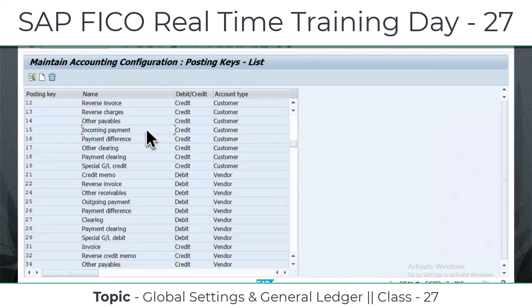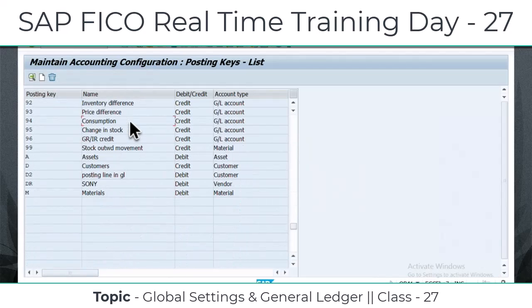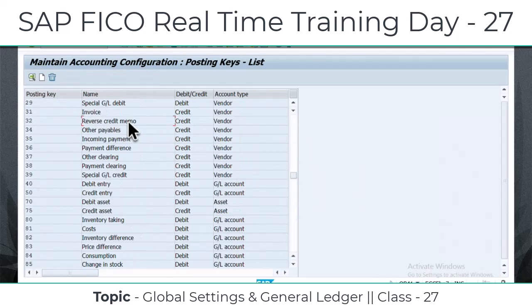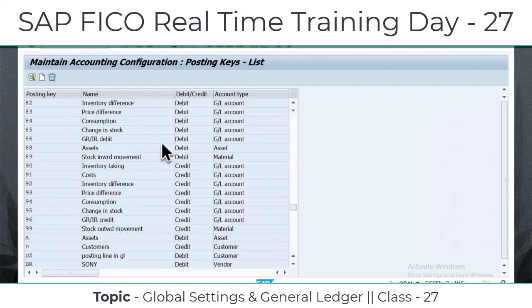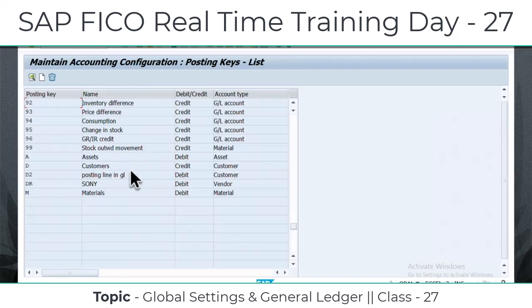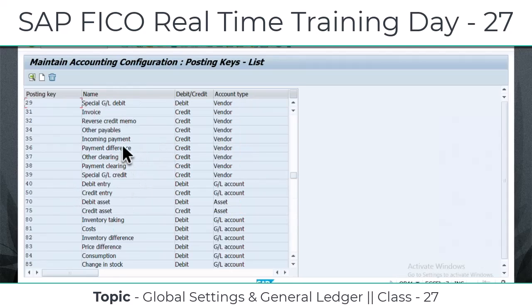When you take the SAP license, by default all the posting keys are available across the globe. Okay, you need not create your own posting keys. Whatever requirement you have, to fulfill those requirements, these posting keys are more than sufficient. If you observe here, all are standard posting keys provided by standard